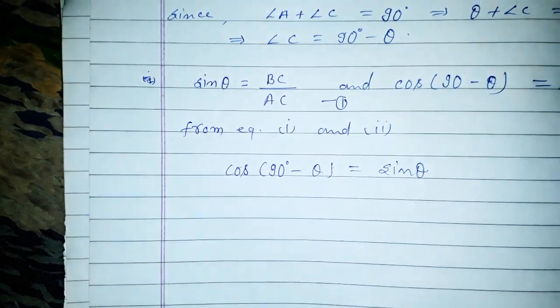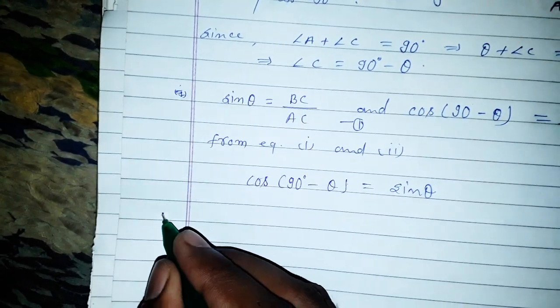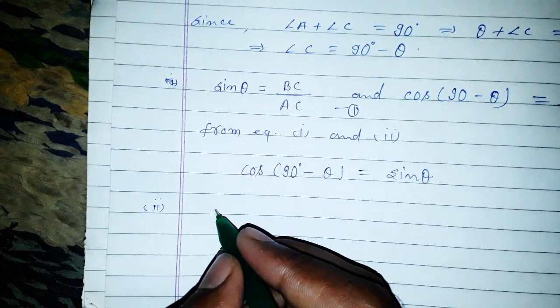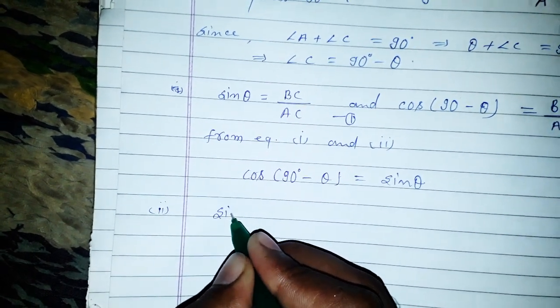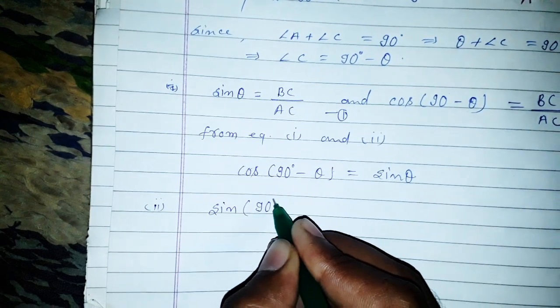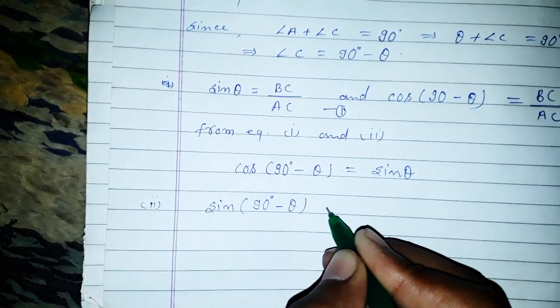And second, sin 90 minus theta is equal to...